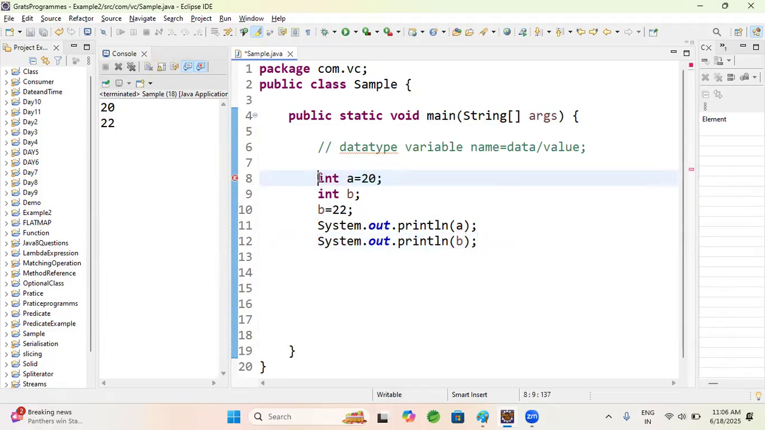If we know the value of the variable, we can go for this method. In the same step only, we can define and initialize. If we do not know the value of a, or some value, do not know the value of the variable, at that time first we are going to define it, and